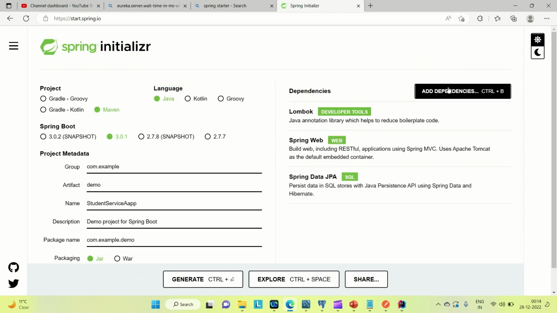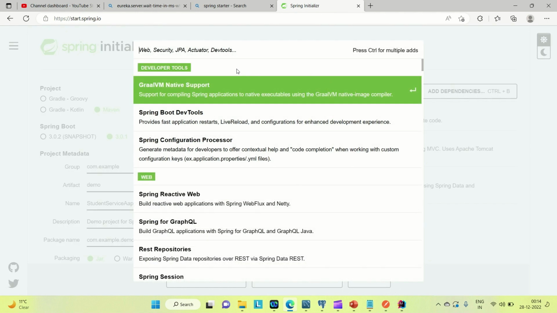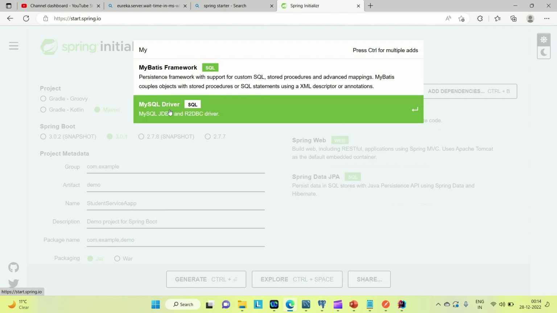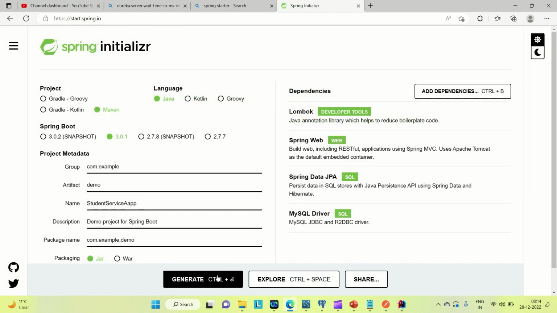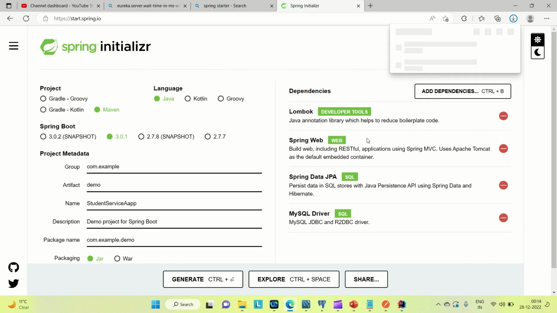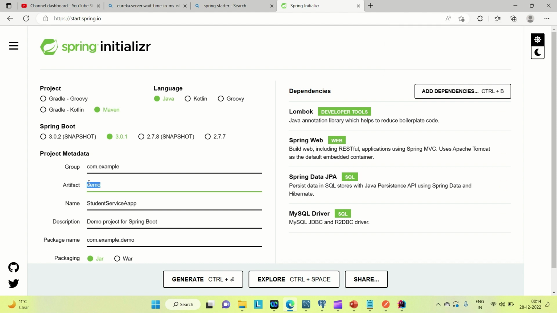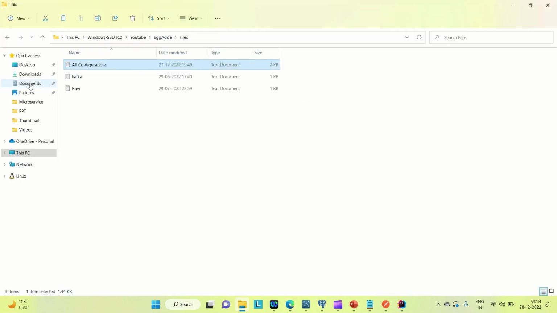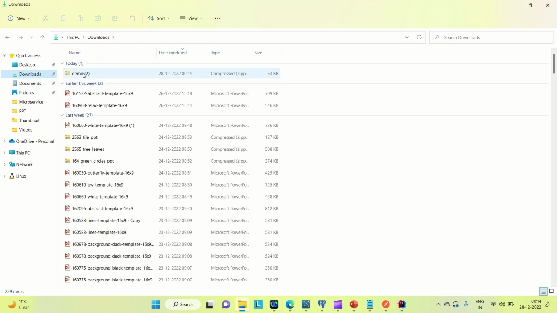The other dependency that you want to use is the MySQL driver. So you can select this, and then generate it. It will generate a zip file, and then you can unzip it. You can see it is generated here. You need to change the name of the artifact as well, so that it comes as student service app. Go to the downloads, you can see it is downloaded. You can unzip it, and then